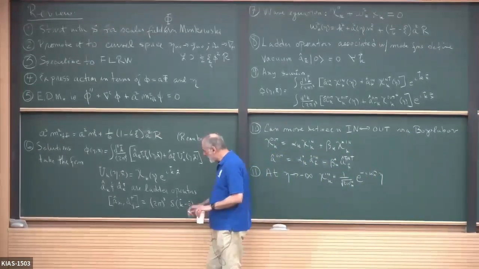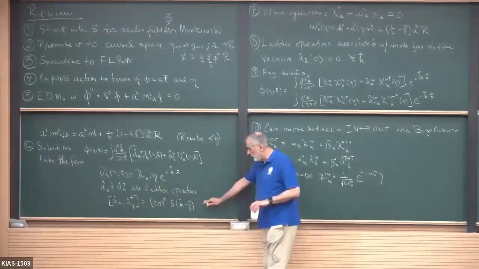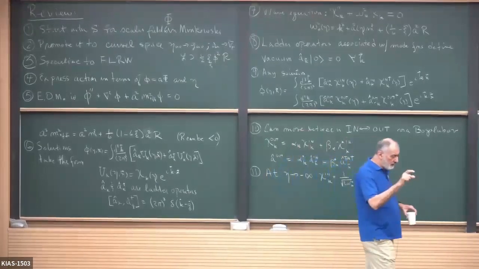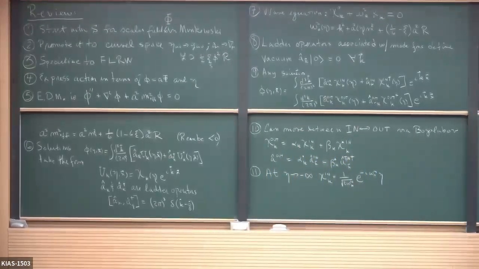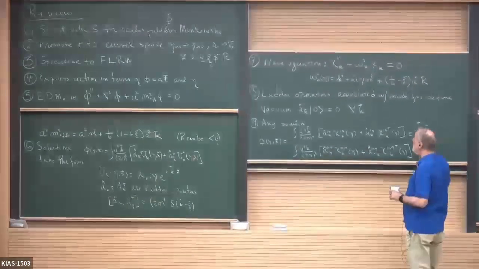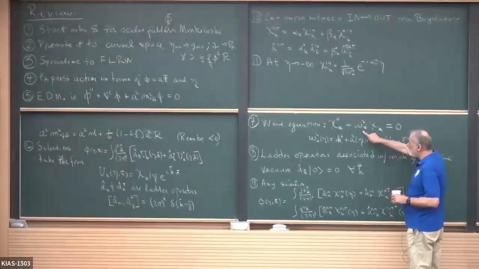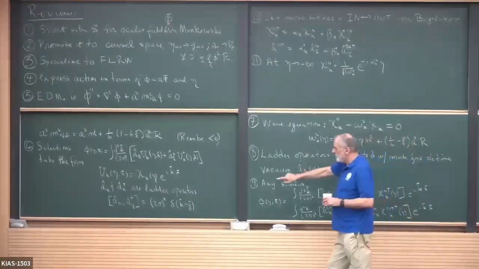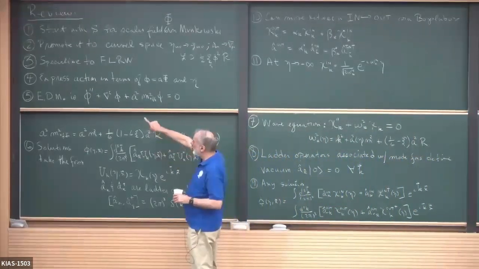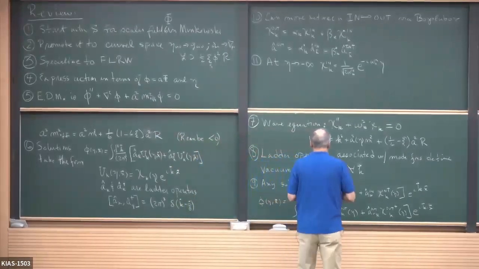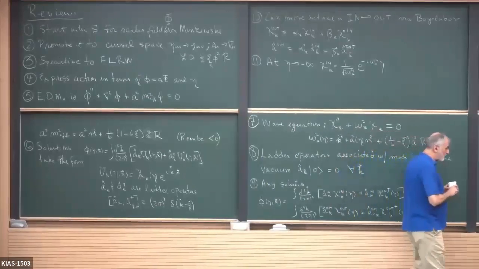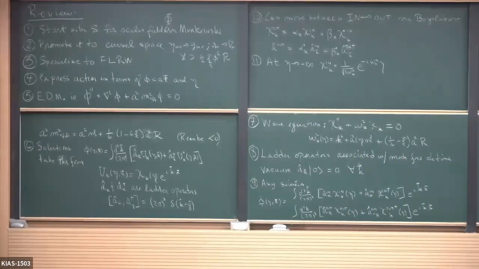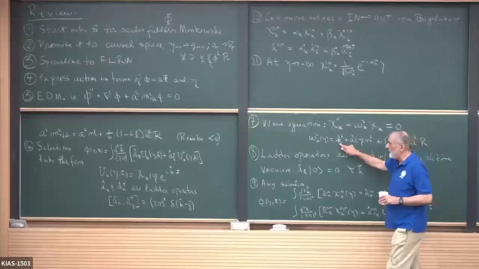And the a and a dagger are the ladder operators. In quantum field theory, the ladder operators obey the commutation relation written there, and other combinations, other commutators of ladder operators, vanish. a with a vanishes, a dagger with a dagger vanishes, etc. All right, then we saw that if we put chi in this form into the equation of motion, the wave equation is chi_k double prime plus omega_k squared chi equal to 0, and omega_k squared is k squared, that comes from,